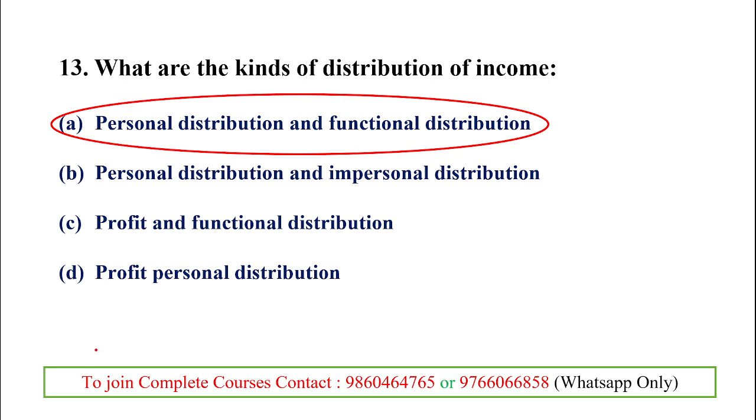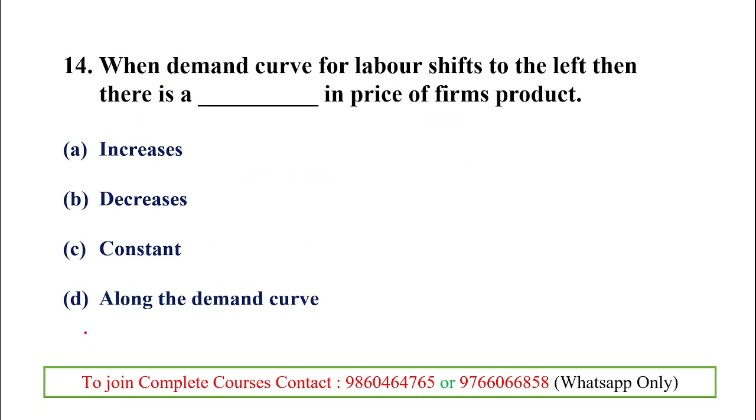Okay. And the next question relates to the demand curve for labor. This question is for you. The demand curve for labor shifts to the left. So here the demand curve is like that. This is the demand curve, and it shifts to the left. That means a reduction in the demand for labor and a dash in the price